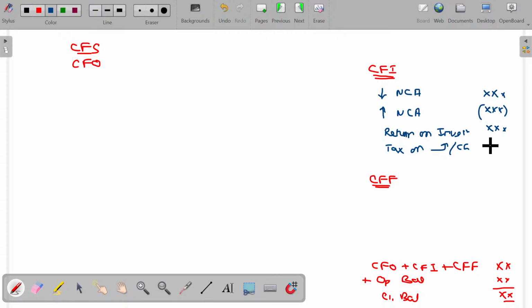Okay, that will be tax on this. Okay, it will be an outflow, can be subtracted here. Hope you'll be now able to understand this. Cash from investing, cash from investing. In case of cash from financing,